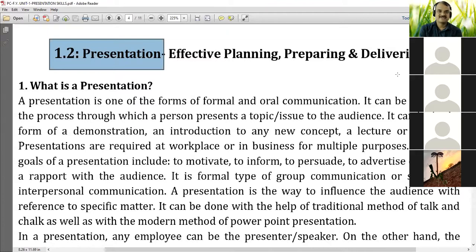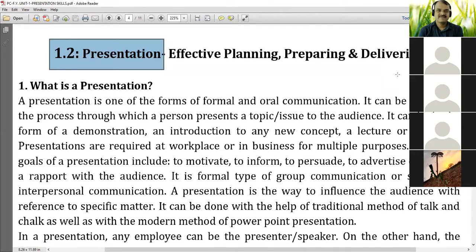You have been students, maybe from your junior KG, first standard or senior KG, whatever. And from that phase itself, you have been attending presentations of your teachers, respective teachers of respective classes, of respective subjects. All of them were presentations. Are you clear? Yes, sir. So in short, let us understand that a presentation is nothing but a speaker and a group of audience. That's all.